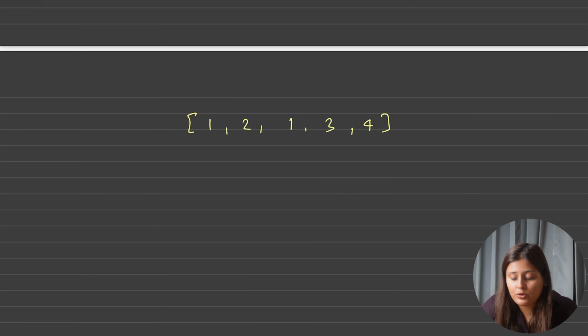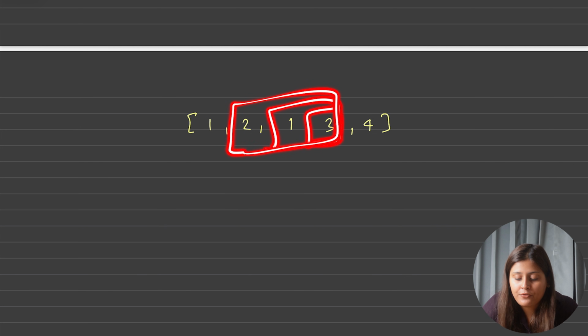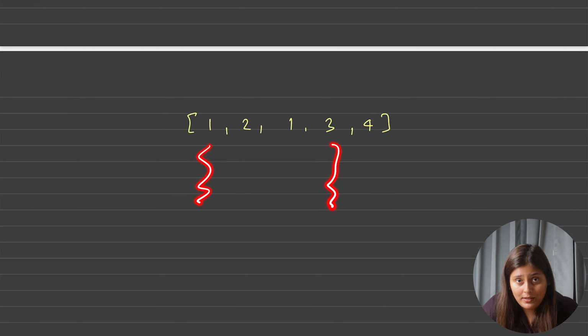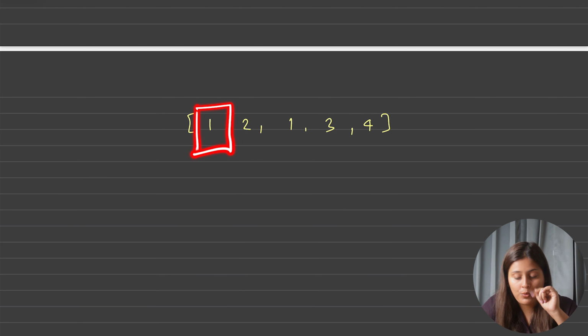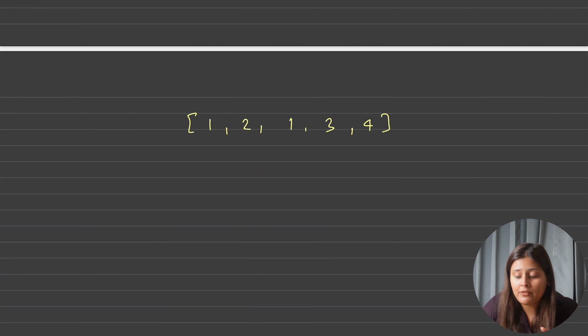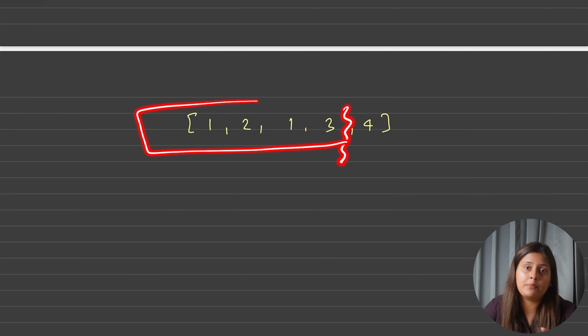If you see for this, suppose this. The length from this to this is 4 only. And if you see, the number of subarrays which end with this index is 1, 2, 3 and 4. Okay, so till here, how I am saying the number of subarrays I have calculated, because we have done this step by step. How? We have counted all the subarrays which end with this, we found 1. We found the number of subarrays which end with 2, we found 1 and we found 2. Again we found the number of subarrays which end with this, so we found 1, then 2, then 3 and so on. So that is why when we reached here, the total length calculation is nothing but the number of subarrays.